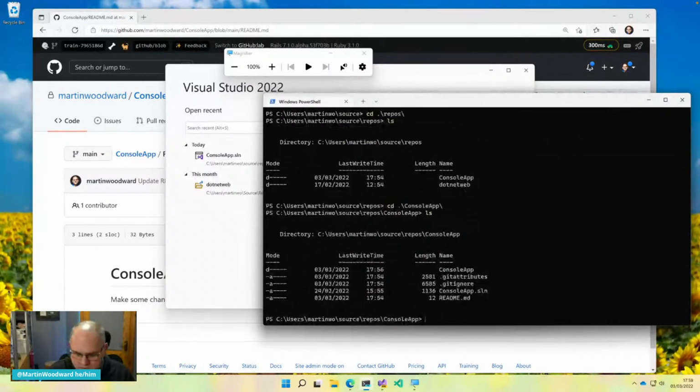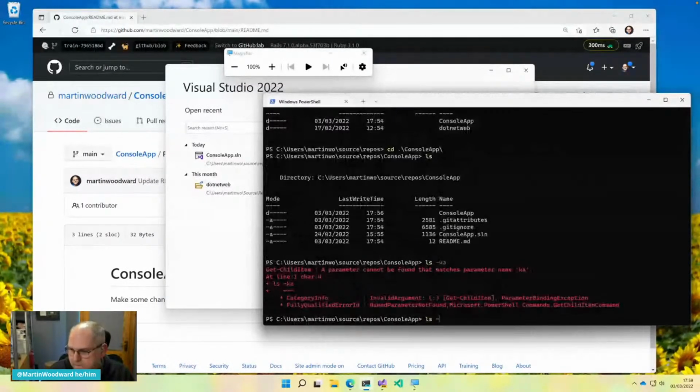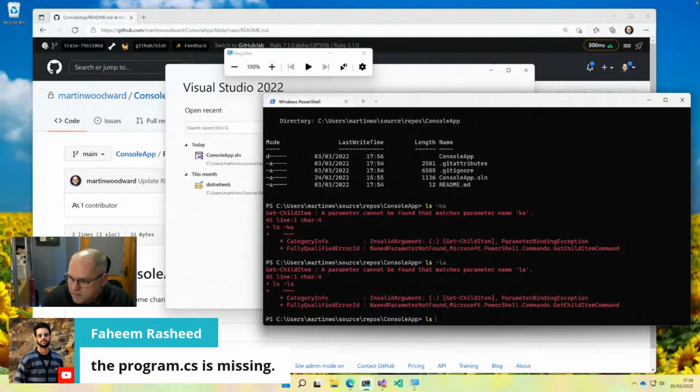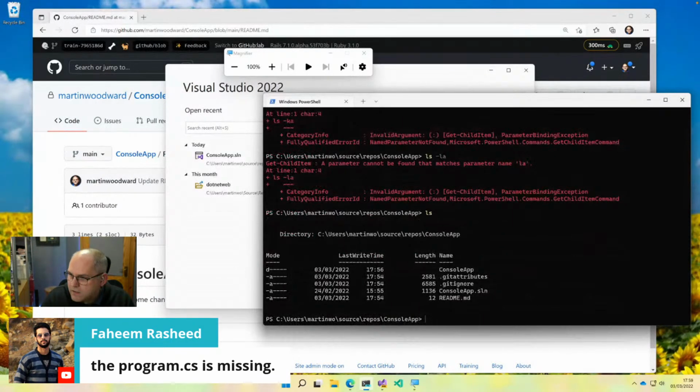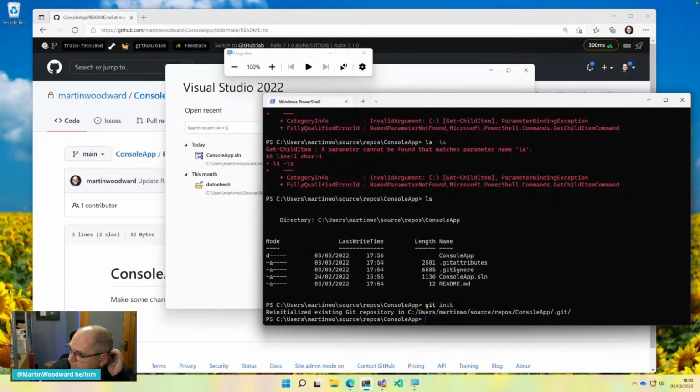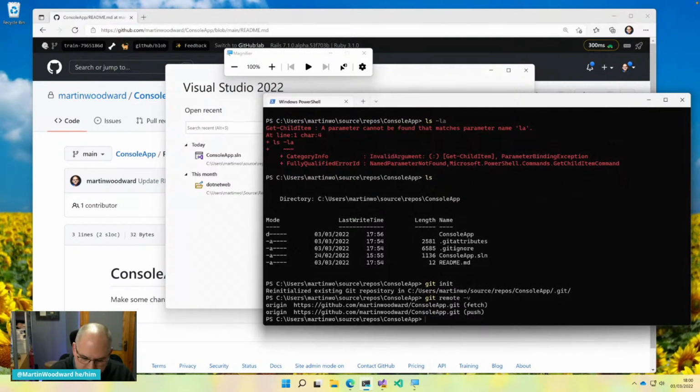Right. Oops. ls minus. Yeah, that is fascinating. Console app. Huh. Cool. Give me 1 second. Just want to check something. Wow, that's